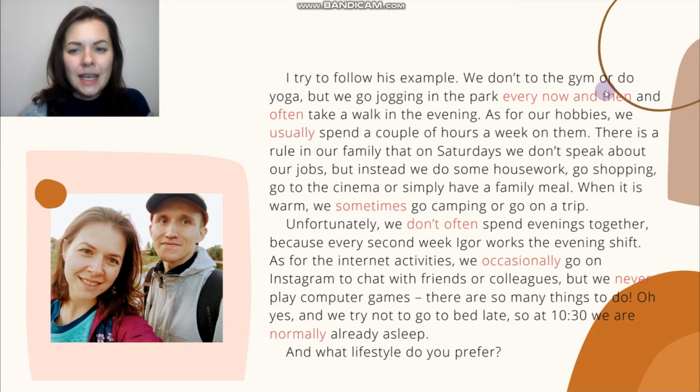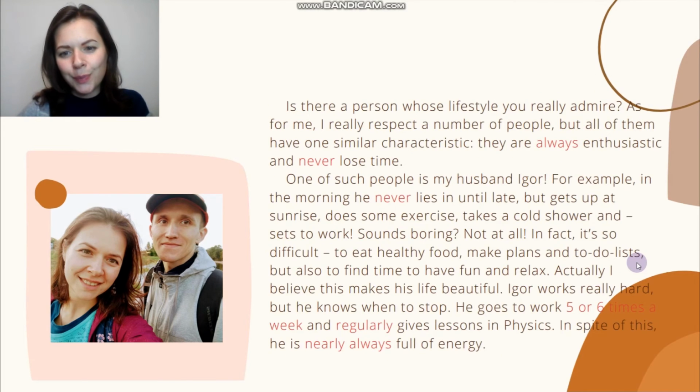Right. You see that the adverbs of frequency and adverbial phrases are highlighted in red. These words are red in this text, right? Why so? Because I want you to pay attention to their position in the sentences relative to the verb. Хочу, чтобы вы обратили внимание на расположение этих наречий частотности в предложении относительно глаголов.